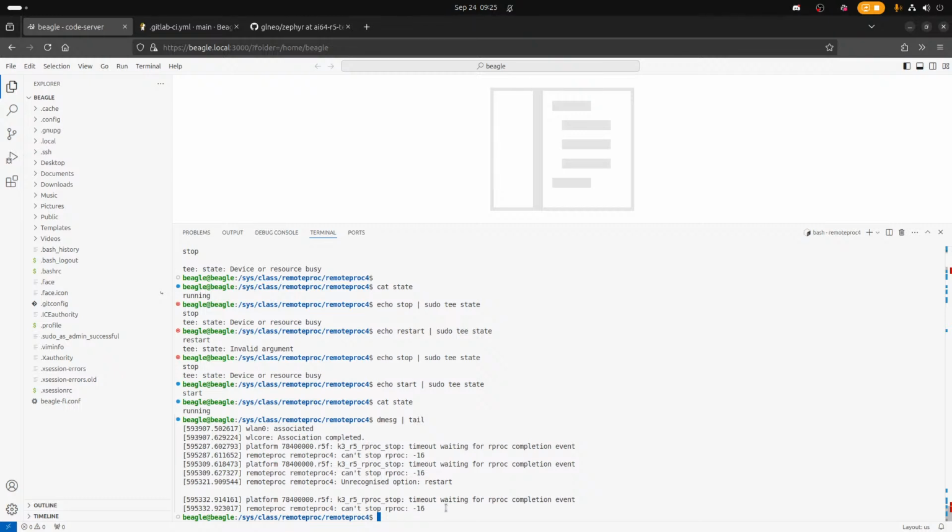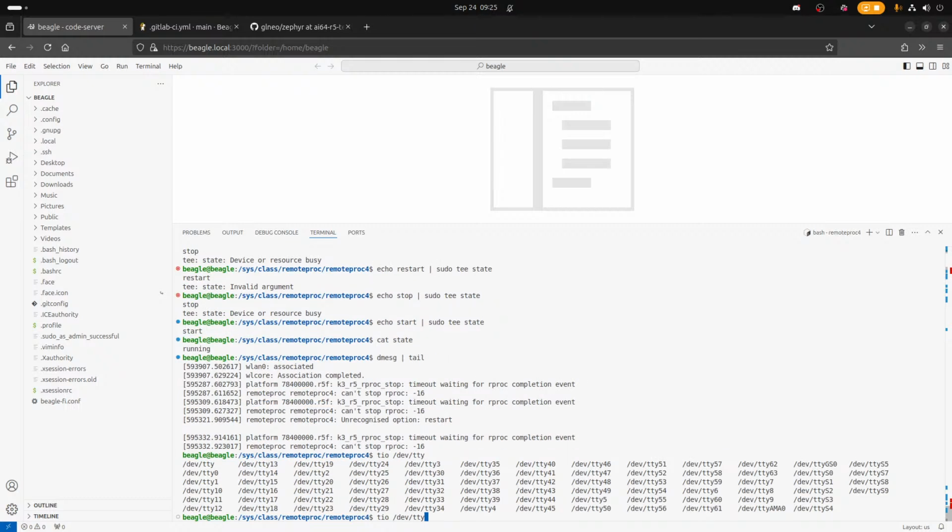But, right, so where would the process be? It's going to be this TTY. I don't see it there. Isn't it going to be one of the TTYs?